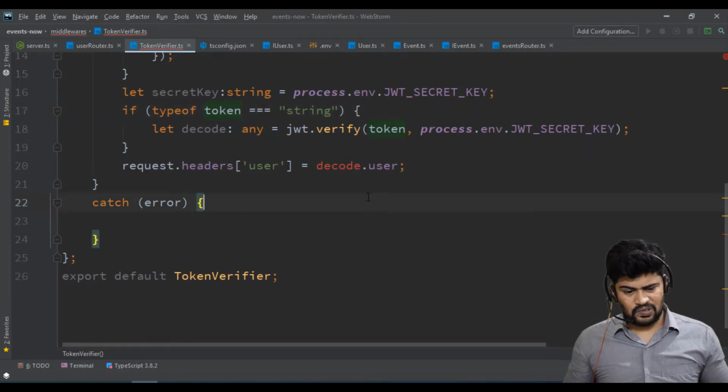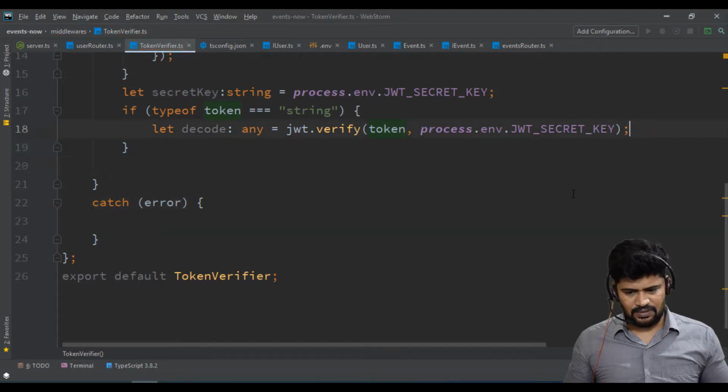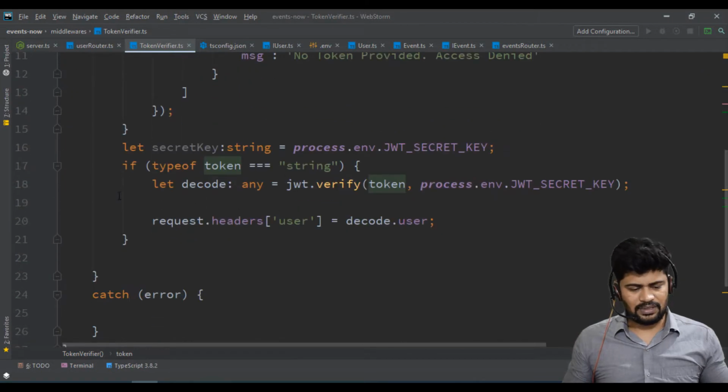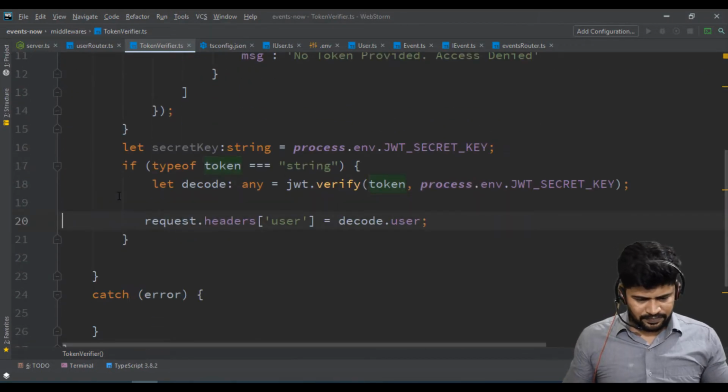Oh, it's doing it this way. Okay, then you need to check. Actually, the token must be declared as a string. The token must be a string, so that's the only problem. Okay, I'm sorry. Yeah, fine.